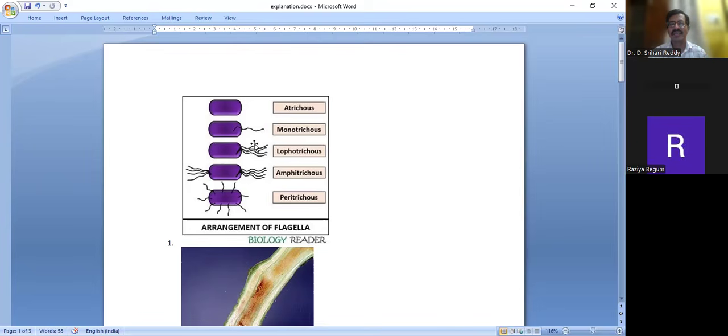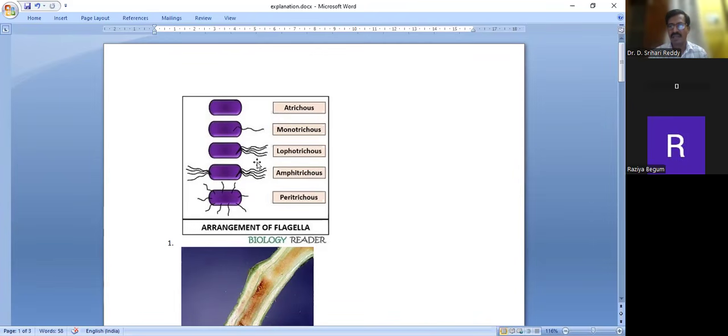Here, the difference between monotrichous and lophotrichous is that in monotrichous there is a single flagellum, but in lophotrichous there are several flagella. And if the flagella are present at both sides, at both poles, that is called amphitrichous. And if the flagella are present all over the surface of the bacteria, that is called peritrichous. So they may ask different questions on this topic,